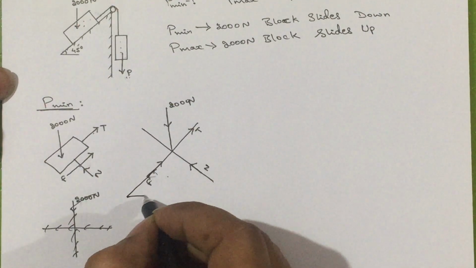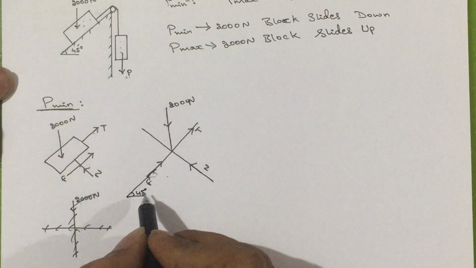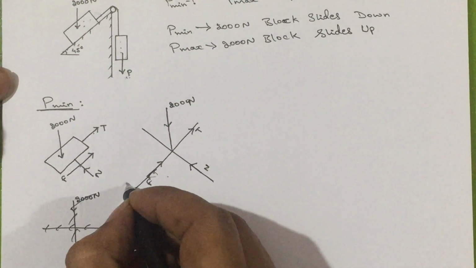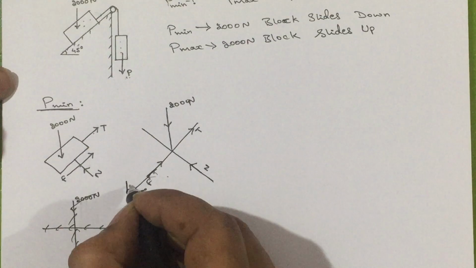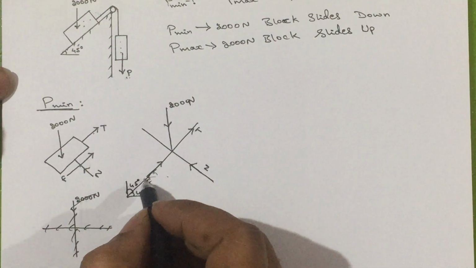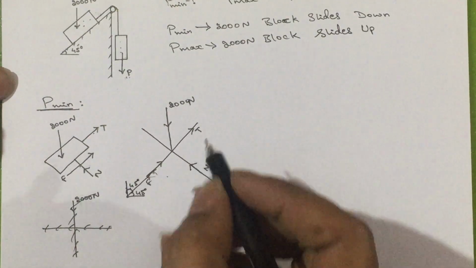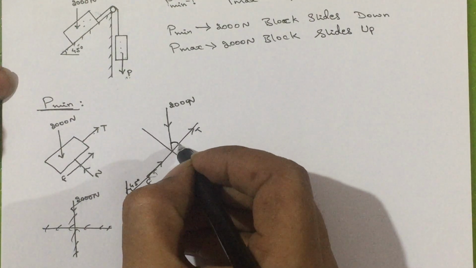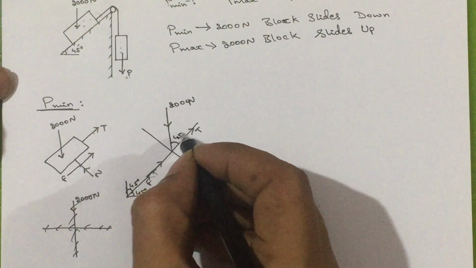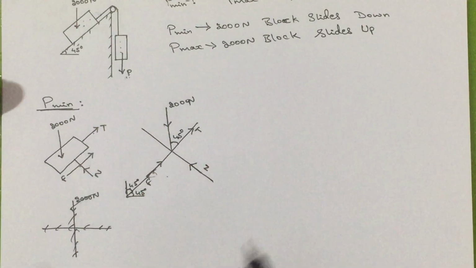I will show it here. If it is 45 degrees with respect to horizontal, then with respect to vertical, how much is it? 45 only, is it? If this inclined line is making 45 degrees with respect to vertical here, how much is it going to make here? The same 45 degrees, because it's a vertical line. So it is going to make 45 degrees.